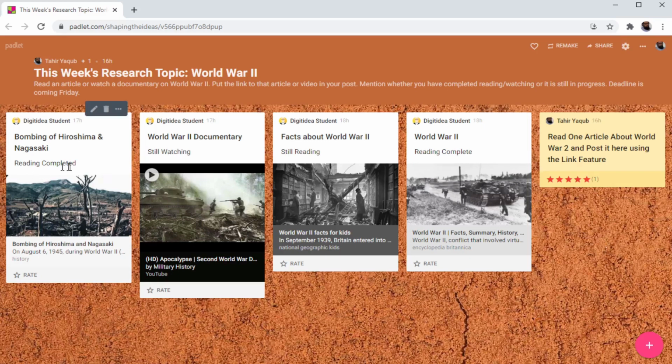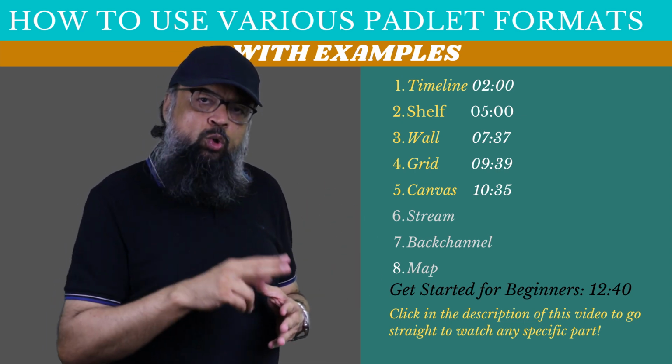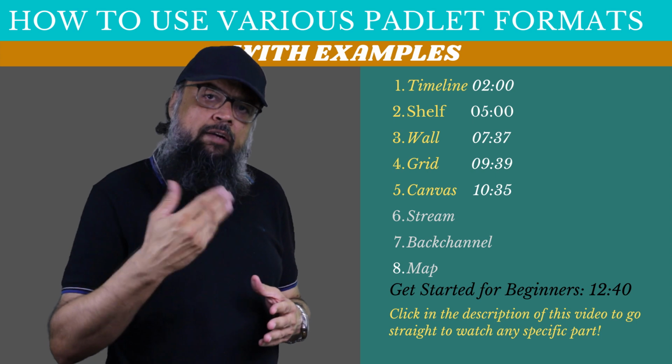Give them a deadline of 1 week, and this should be 2 weeks before the actual topic you want to deliver about World War II. And then in the next week, you present them a shelf Padlet, they fill 2 columns, and in the next week, you deliver the topic.